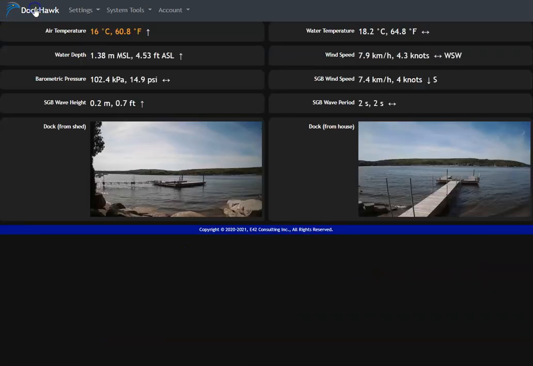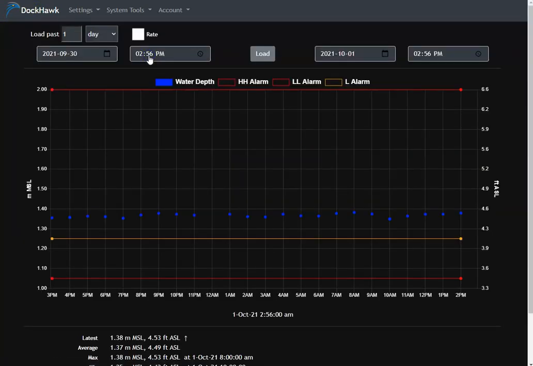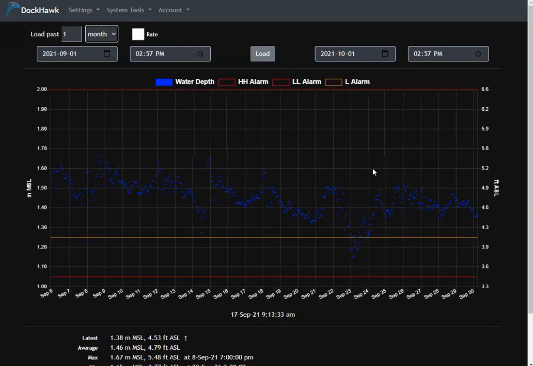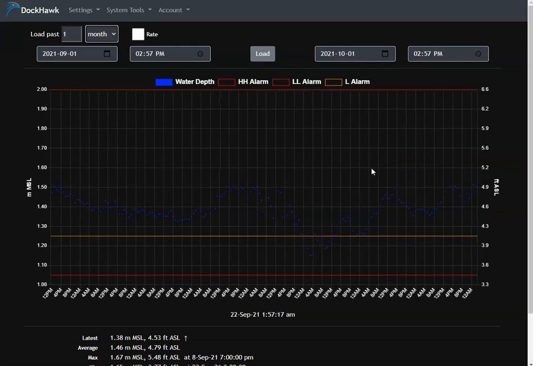Now let's take a look at another example. Let's look at the water depth. What we'll do is look at what's happened over the last month. And you'll notice that over the last month we had quite a drop in water distance. The other thing I'm going to show you is that if I zoom in with my mouse, if I roll my mouse wheel, it gives me more detail to work with. So you can see that